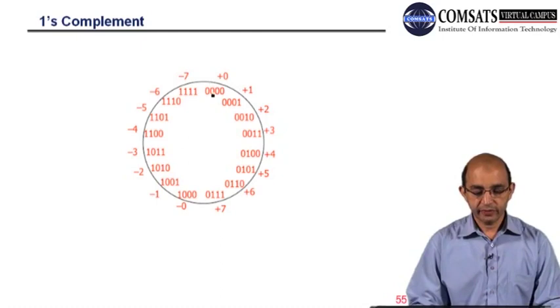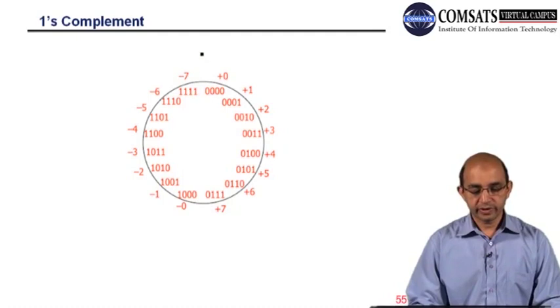So here you can see we have zeros starting from 0 to 7, so this right-hand side of the half circle includes positive numbers, so here we have all ones in the most significant bit, so here, here, here, right,